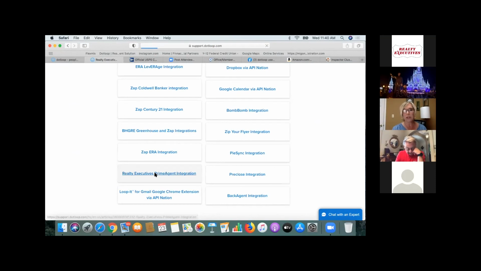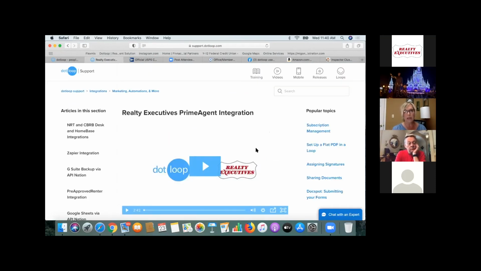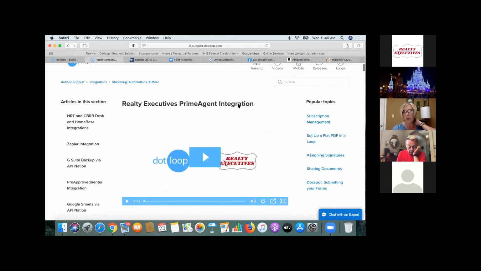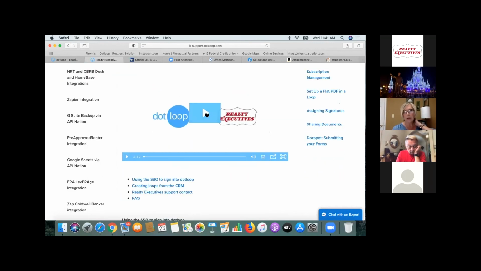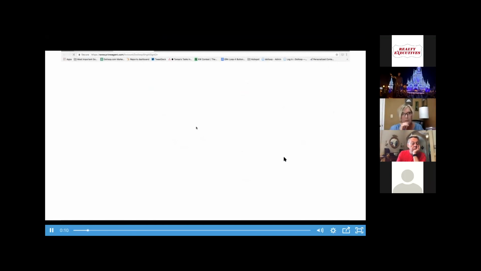So I'm just going to show you this because this is trickier to find, but now they're tweaking this so that we can get a little bit better information and training. So when you get to Realty Executives Prime Agent integration, there's a video here for you to watch. Dotloop and REI are now integrated. From the Prime Agent home screen, go to My Account, and then log into Dotloop. This will SSO us into